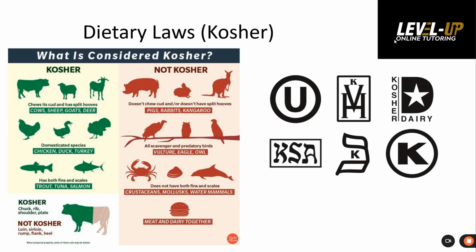Now, if it was birds, you would want to ensure that it was domesticated species, not scavenger or predatory birds. The reason you want domesticated species is because they actually, A, have meat on them and aren't going to be eating sort of rotting carcasses or dead animals or anything like that. So they're not going to give you any sort of parasites that could potentially make you very unwell.